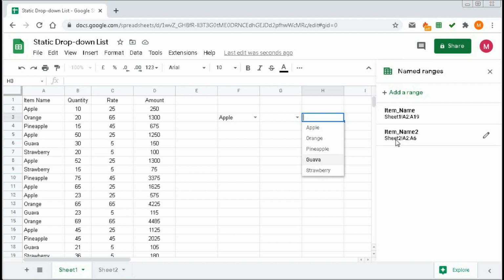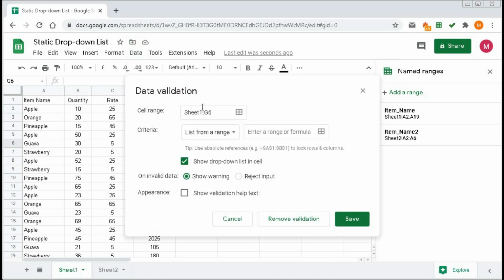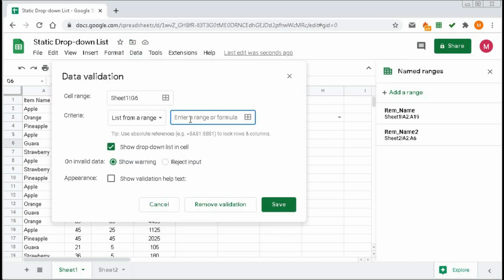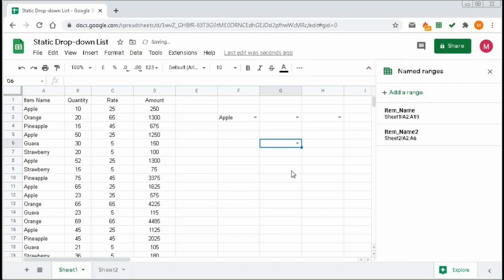And now this range is on Sheet 2. We can also use this one. Go to data validation, and in this box we have to type item_name_2. So this range, then click save. You can see here the same list appeared.